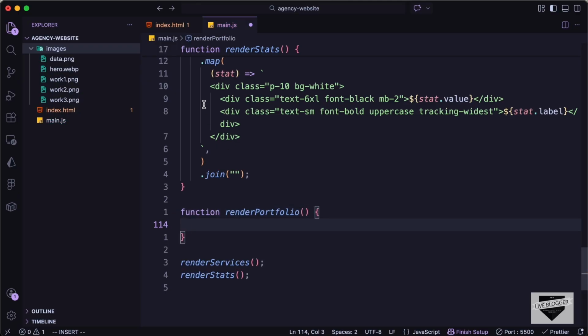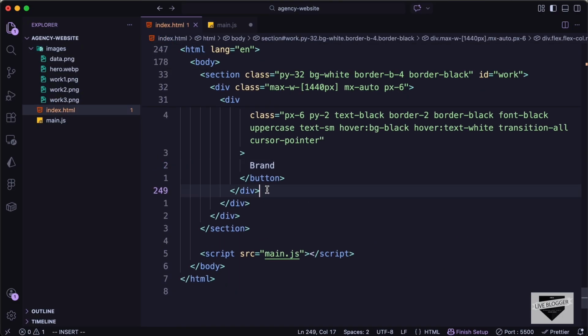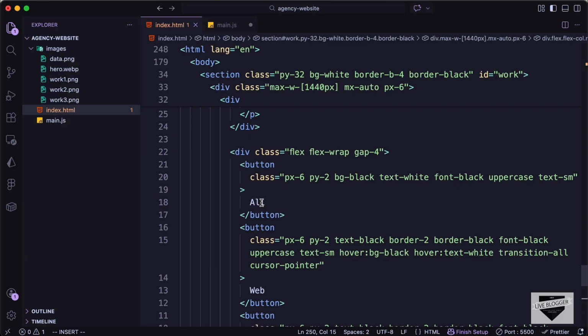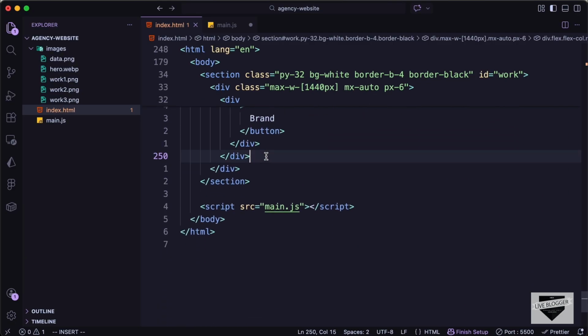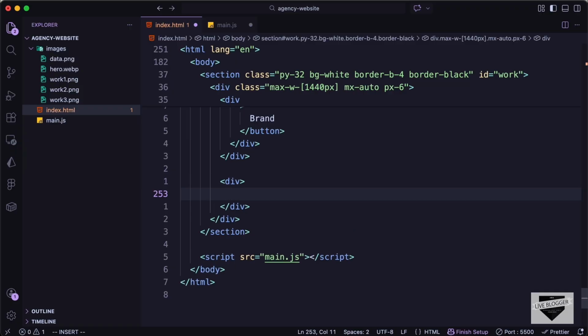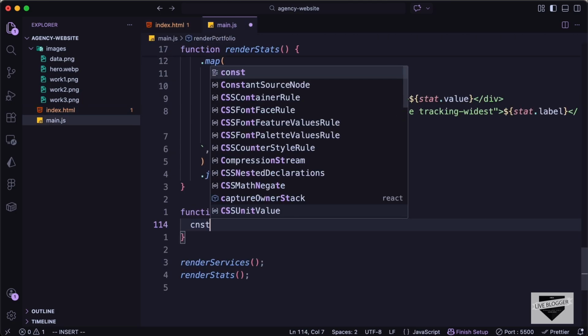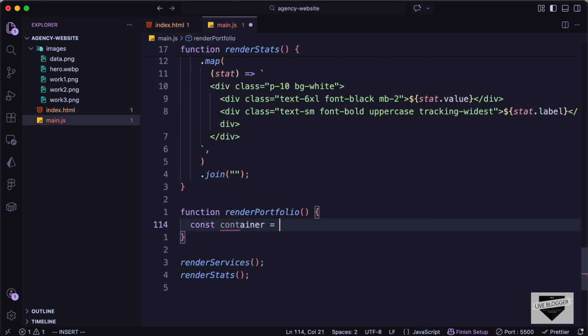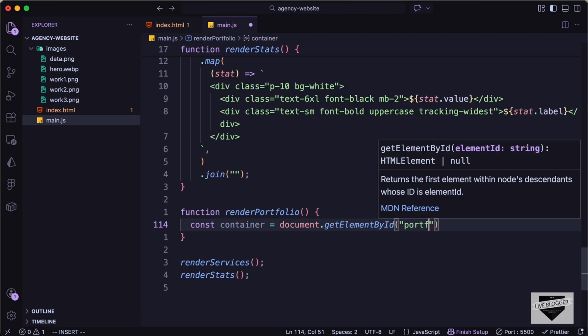Now in this function we need to first of all get the container. So let's go back over here and let's create a div. So below this div, which is the div inside this max width div, so below this div let's create another div, and let's add an ID over here. Let's give it an ID of portfolio container, and we will use this ID in the JavaScript. So here let's type const container equals document.getElementById portfolio container,